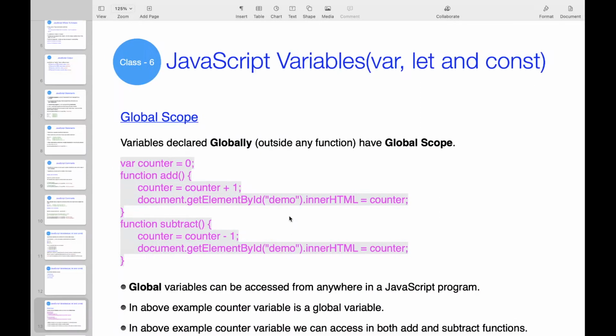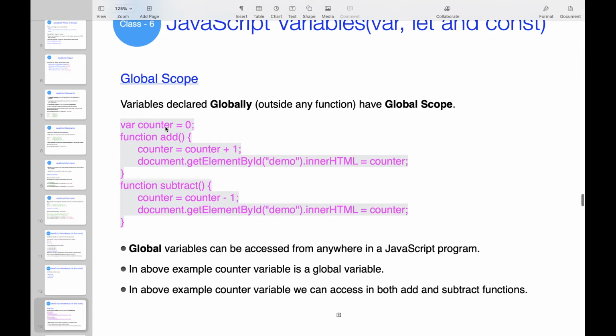So here you can see the points. Variables declared globally outside any function have global scope. Here I declared it outside of the function. Okay. So if we declare outside function, in any function we can use that one. See here, global variables can be accessed from anywhere in JavaScript.